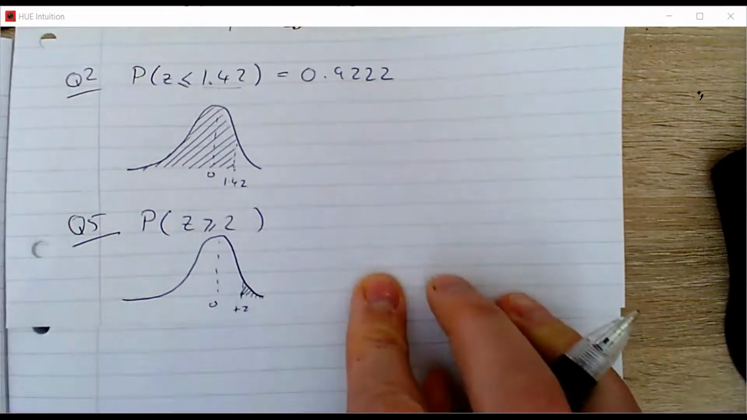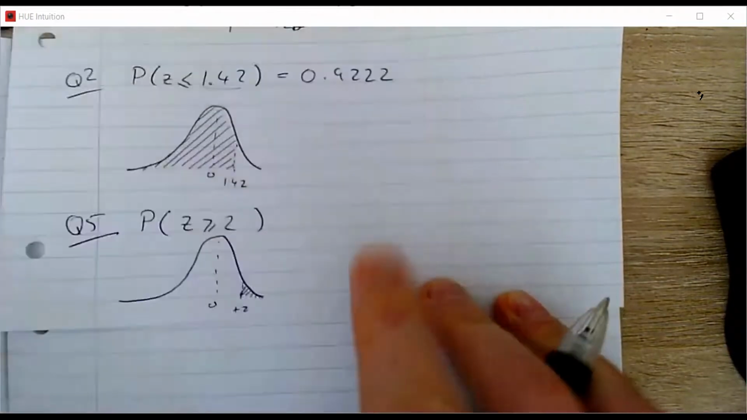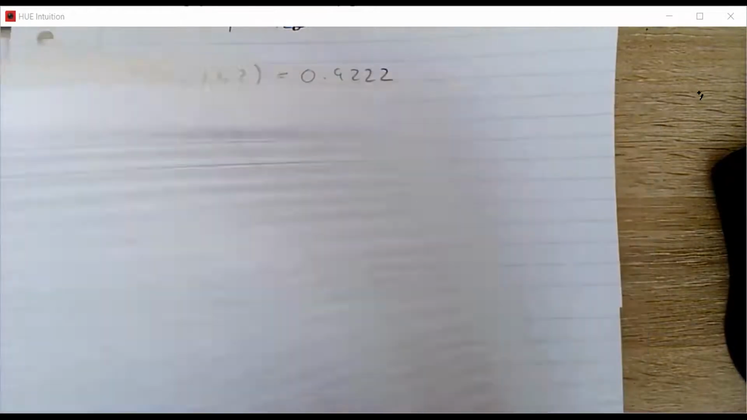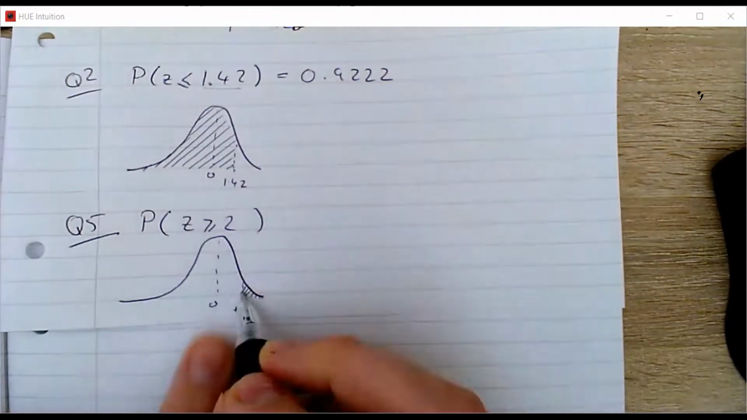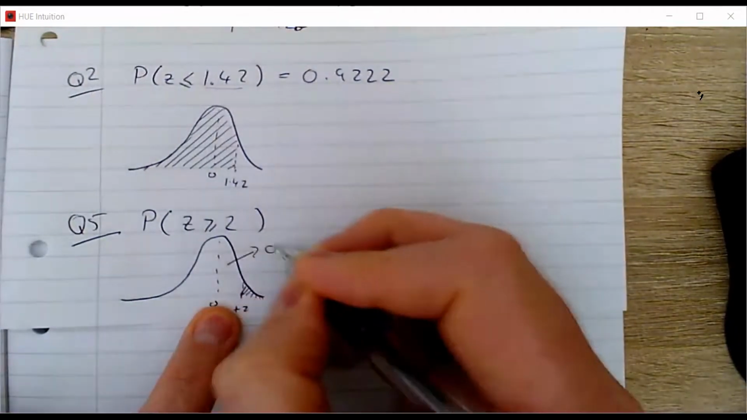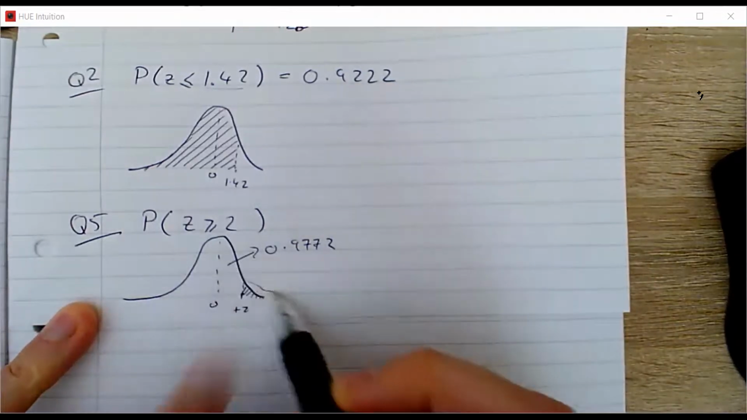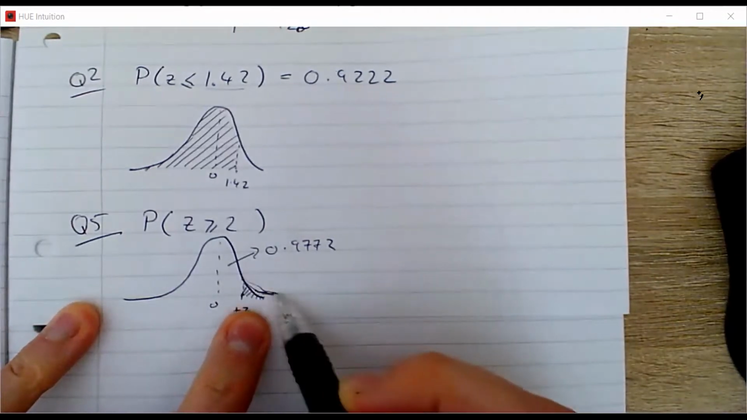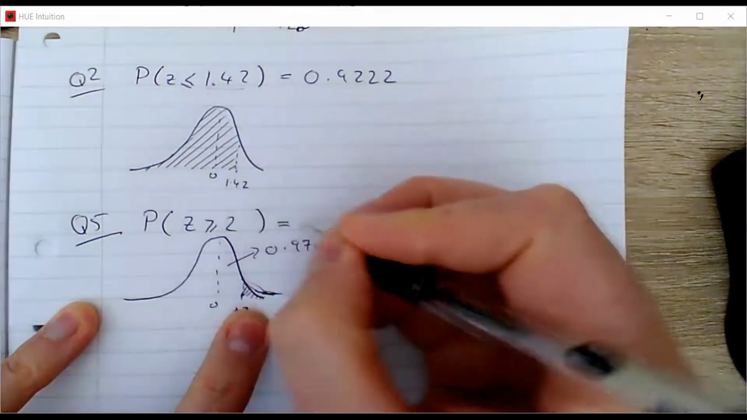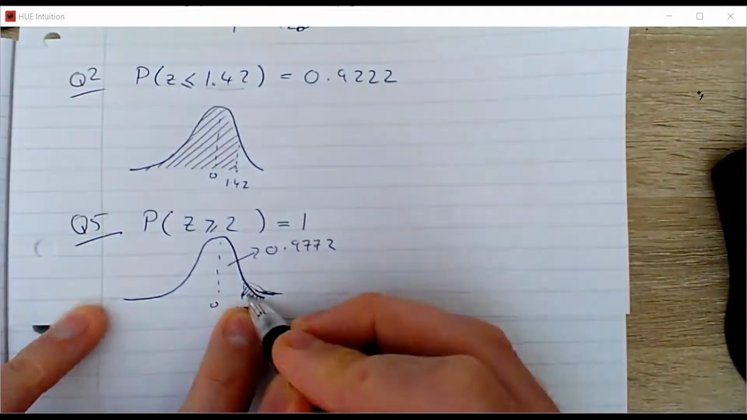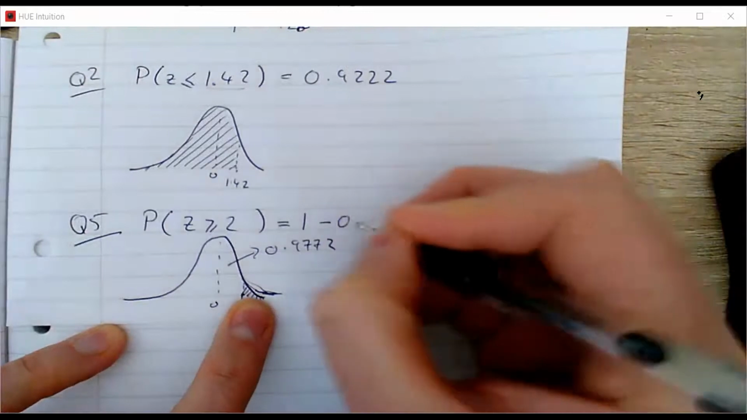And that's not what the tables give you. They give you the shaded area to the left of 2.0. So if I look up 2.0, I get a value of 0.9772. That represents this white shaded area to the left, 0.9772. Now, the total area under the curve, or the total probability of every possible thing happening, is 1. So you'll just say that small shaded area is 1 minus that